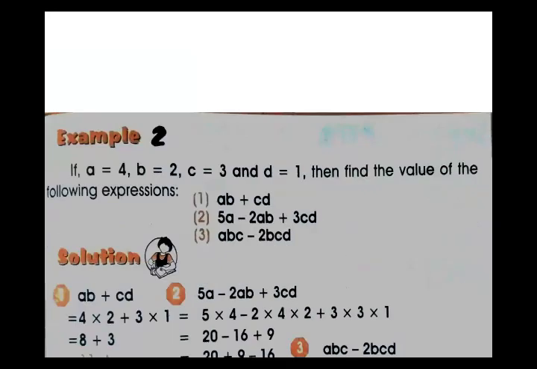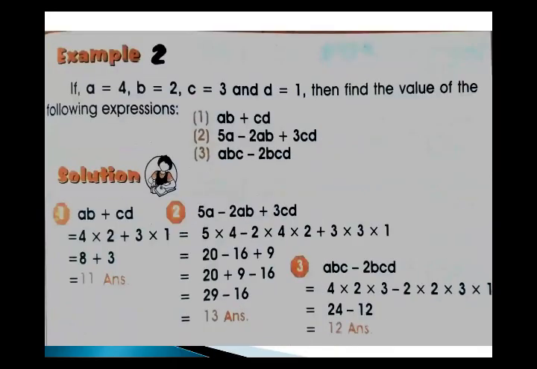which is given on page number 103. Here is another example which is similar to the one we have solved in example number 1. Here we have a into b plus 3 into d. The value of a is 4, the value of b is 2, the value of c is 3 and the value of d is 1. You just write the values of all the unknowns, and firstly multiply the numbers. 4 times 2 is 8, then plus, then 3 times 1 is 3. After solving the multiplication operation, you add both these numbers, 8 plus 3, which is equal to 11.